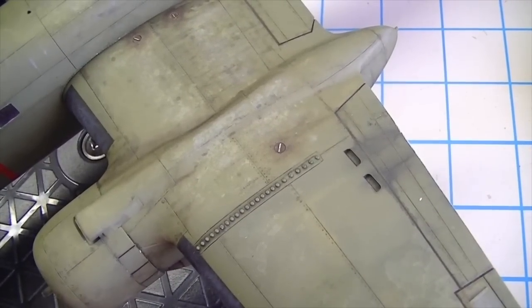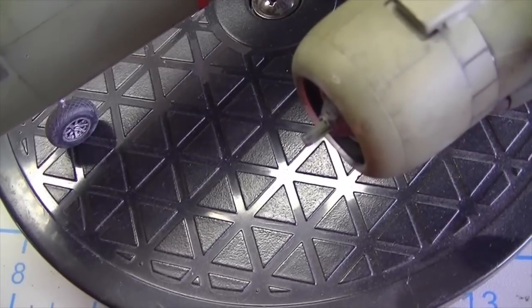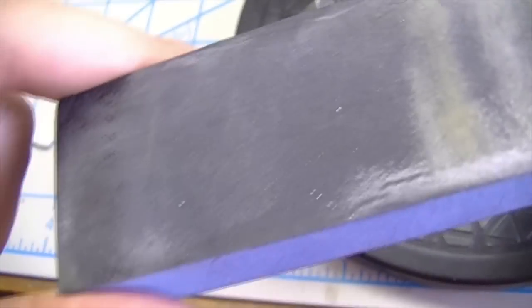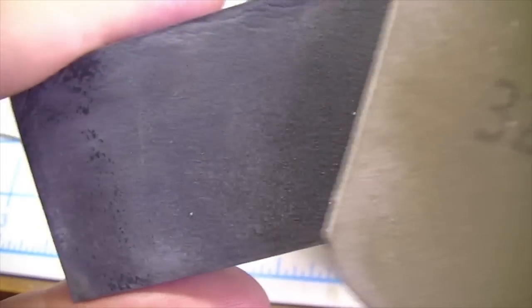One word about these sanding pads while I'm talking about them and talking about grits and so forth. You may have noticed this one says 3200. I'm going to talk about this in another video just about sanding materials, but these create a lot of confusion because you've got 3200 and they go all the way up to 12,000, and if you're like me, you've wondered how the heck does that relate to normal sanding paper, because you've got like this block right here is a 320 grit block, and it looks, to my eyeballs, about the same as this 3200. And for a while I thought it was just that they were adding a 0. Well, the fact is